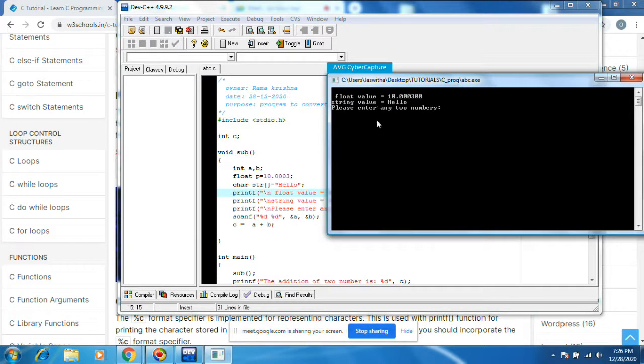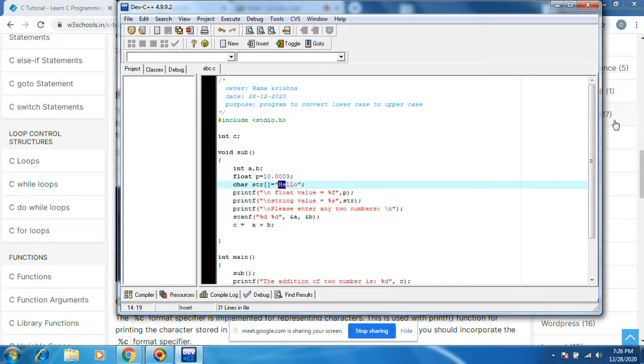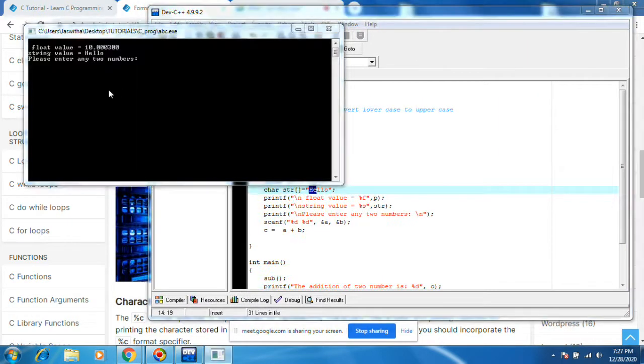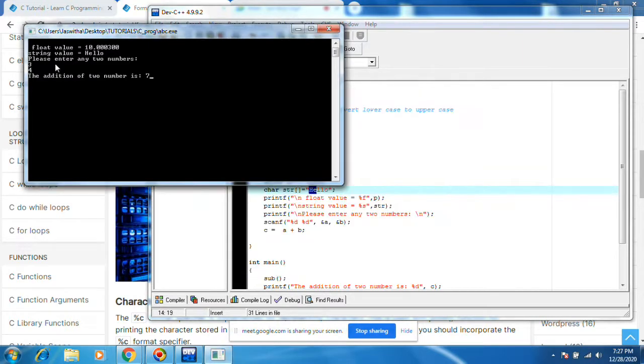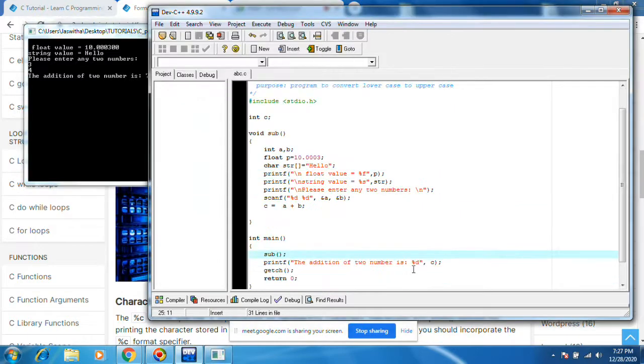Something extra zeros came, and then the string value, whatever the hello is, was printed in the console. Okay, hello also printed. Please enter two numbers. Yeah, 7 is the integer. The sum of this is shown with %c.